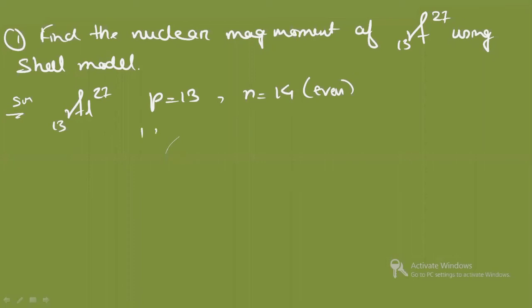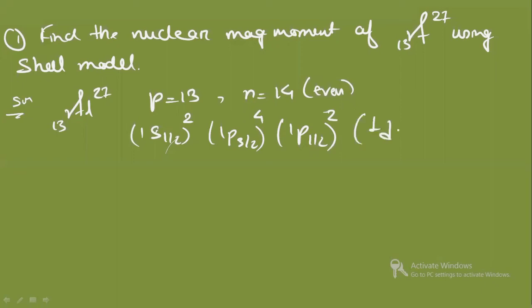So we write the energy levels: 1s 1/2, 1p 3/2, 1p 1/2. Till here you can fill 2, then 4, then 2, so in total you have filled 8. Now 5 more need to be filled, so 1d 5/2. If you remember, you can do it; if you don't, you can make it according to the trick I have described. Here a maximum of 6 can be filled, but we fill 5 because 5 is required. Checking once again: 4 plus 2 is 6, 6 plus 2 is 8, 8 plus 5 is 13.